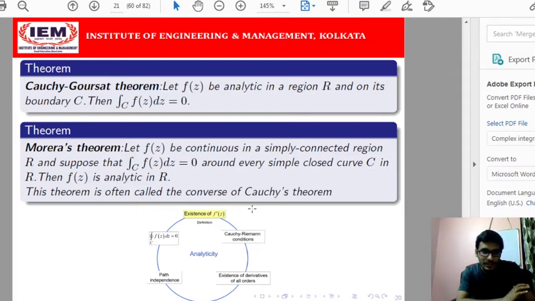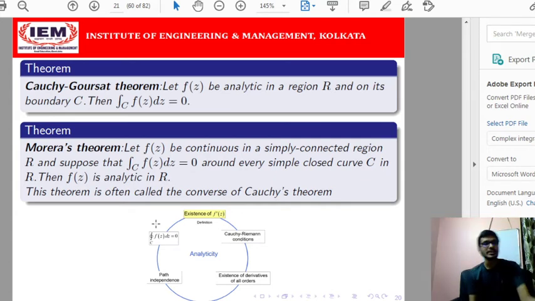So what is the significance of analyticity of a function? Already we have studied in the previous lecture what we mean by an analytic function. What are the consequences of analyticity? Analytic function means the derivative will exist at each and every point. That means it will satisfy the Cauchy-Riemann equation, and the partial derivatives of all orders will exist. That implies that if I take any arbitrary path where this is analytic, then the line integral will be 0. That is the consequence of analyticity of a function.